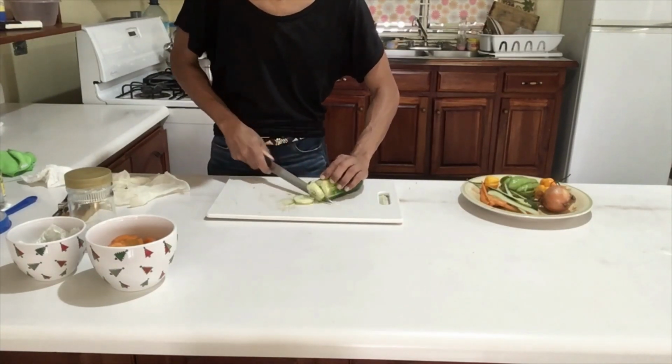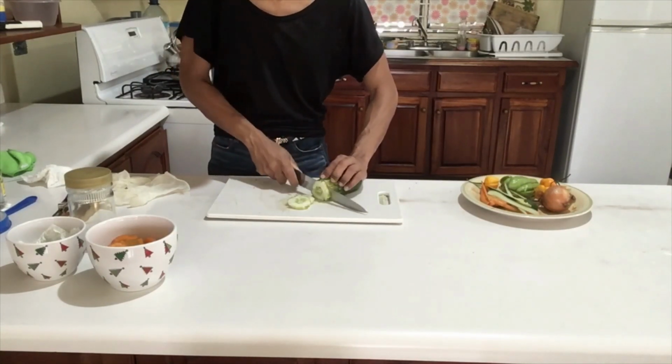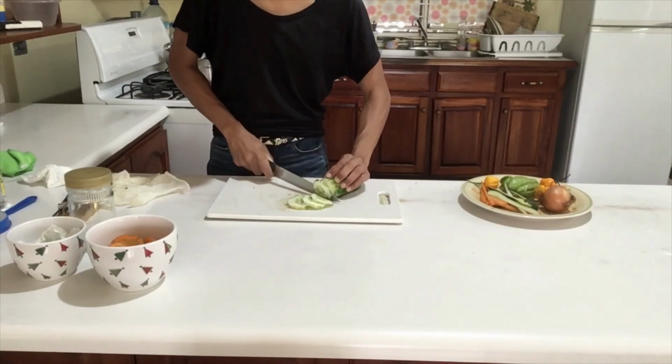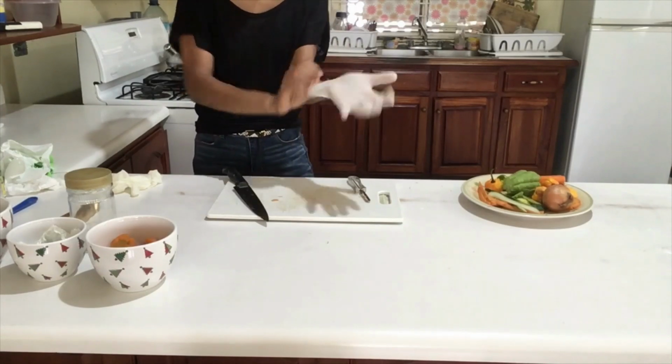Then you are going to cut your cucumber into circular slices, but make the slices a bit thicker than the carrot slices. Now we're going to prepare the chocho,